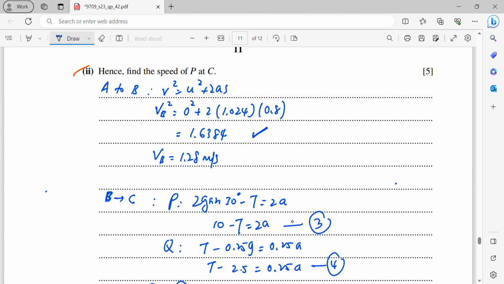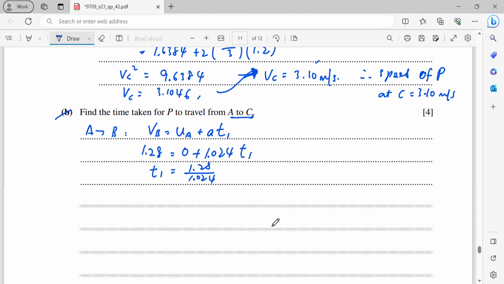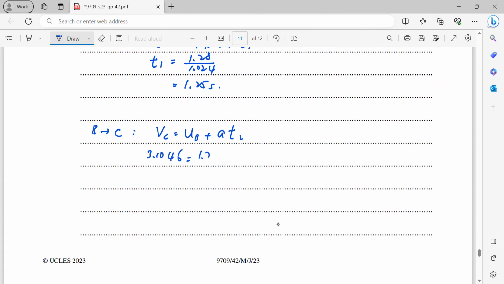Oh sorry, this is the squared. The UB is this 1.28. Then the A we just found, 10 over 3 T2. So 10 over 3 T2 is this, move to the other side, becomes minus. Then you get 1.8246. So your T2 is 1.8246 times 3 over 10, which is